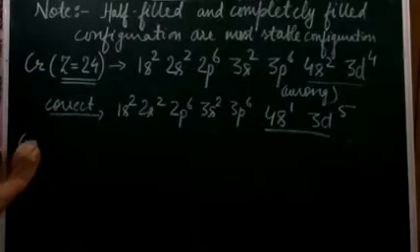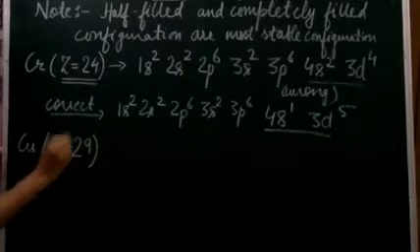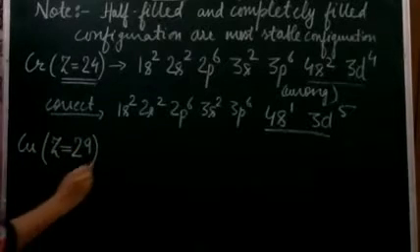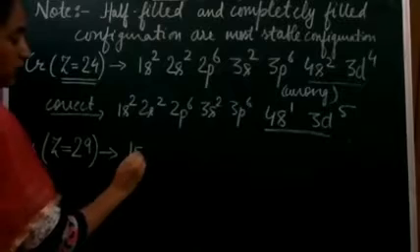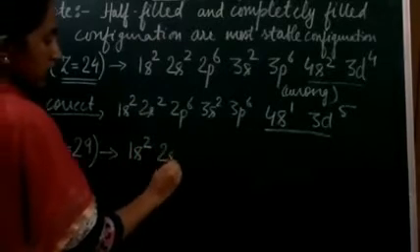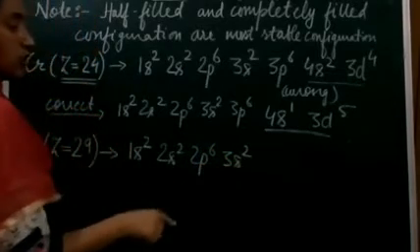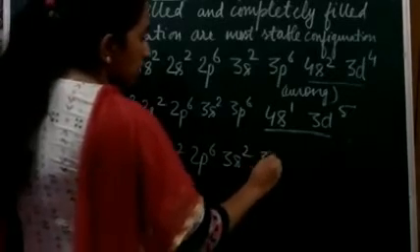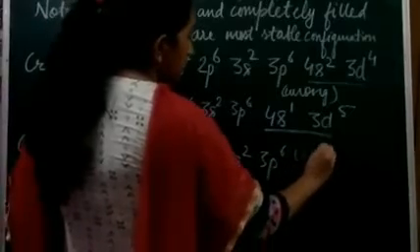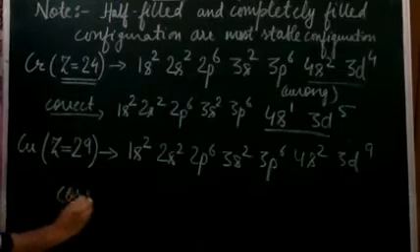Now in the same way, you can write for copper, that is Z equal to 29. The atomic number is 29. So let's begin. Just write down first the one according to the Aufbau's rule, which is 1s2, 2s2, 2p6, 3s2. This follows the Aufbau rule, and the Hund rule as well as the Pauli exclusion principle. 3s2, 3p6, it will be 4s2, and then 3d9. Again, we have to stop here. We are going to write down the correct one here.